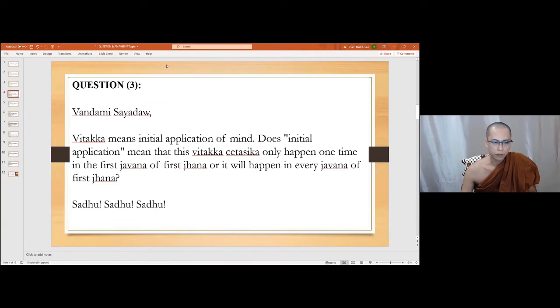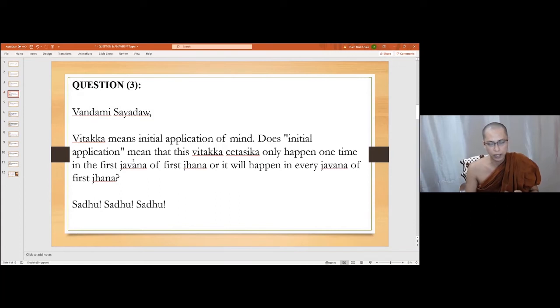So before the attainment of jhana, also the Vitaka, during the practice of meditation from the beginning, the Vitaka considers in the process. In the process means in any mind movements, any active mind movement, it arises, and then it forces the other mental factors with the consciousness toward the meditation object. That is called the Vitaka cetasika, not only